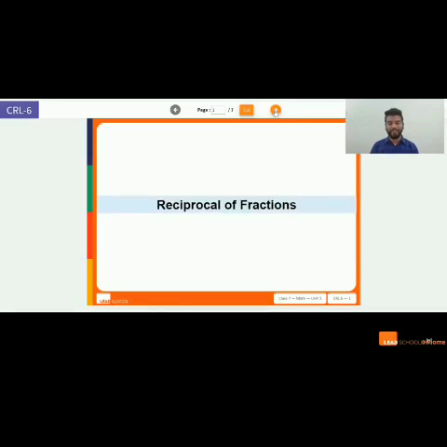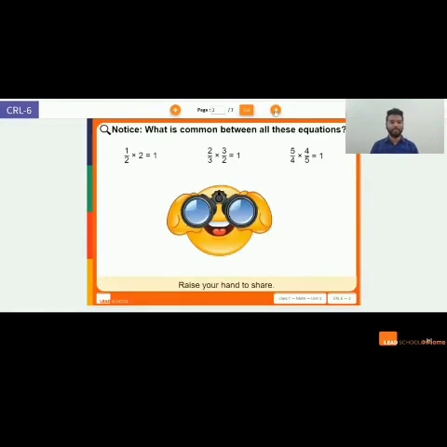5, 4, 3, 2, and 1. Great. I'll tell you when you have to take some notes. Before that, I want you to observe if you find anything common in between these three particular equations. 1, 2 and 3. These three cases, do you find any similarity? Take quick 10 seconds to figure out the answer.